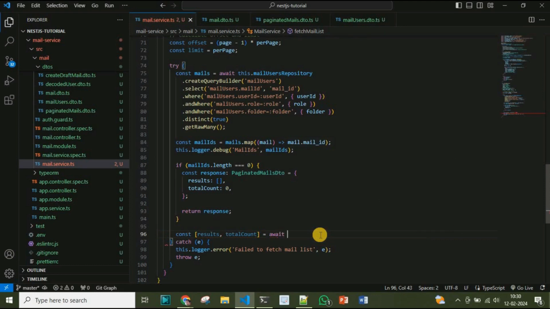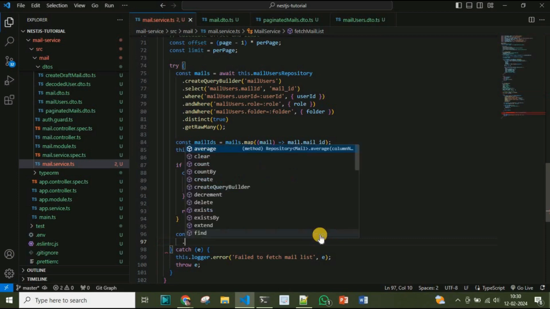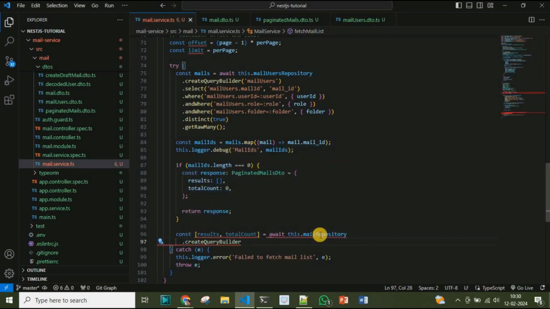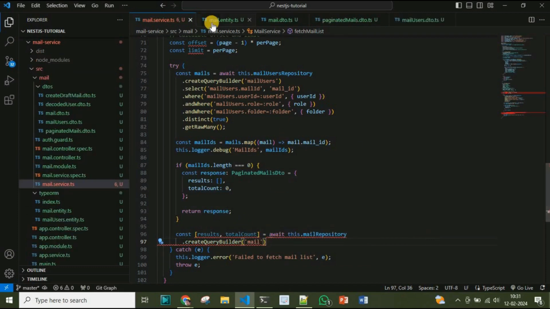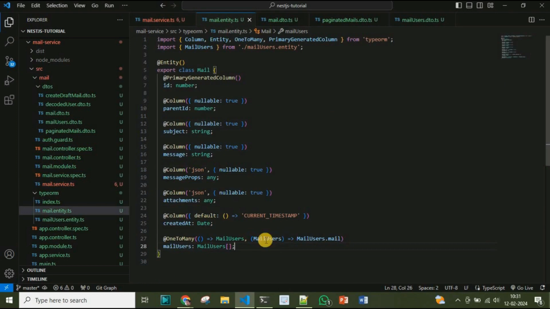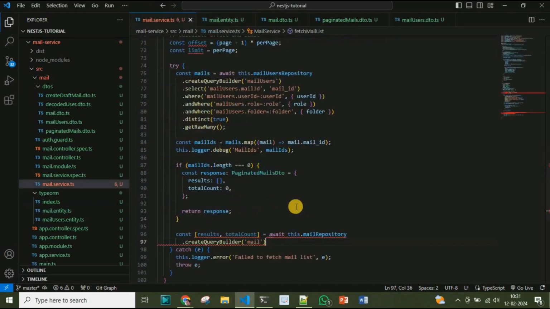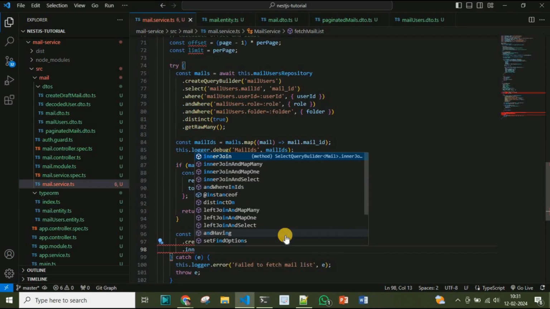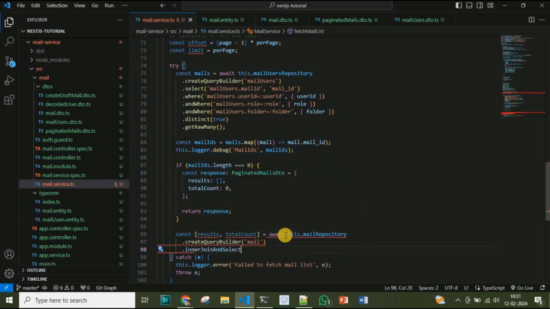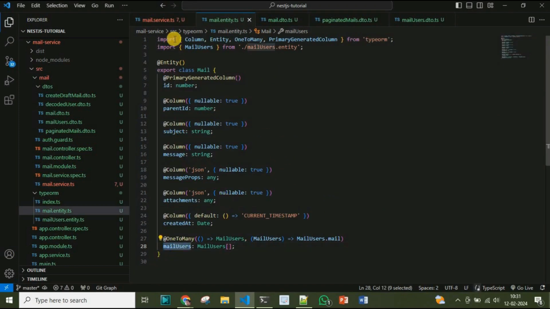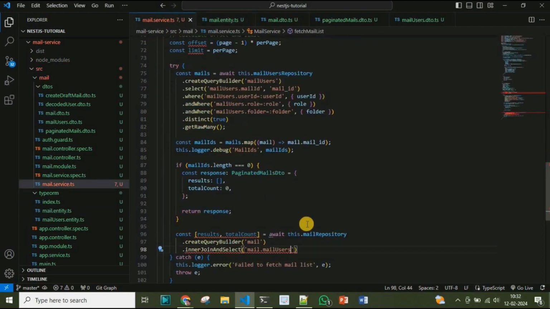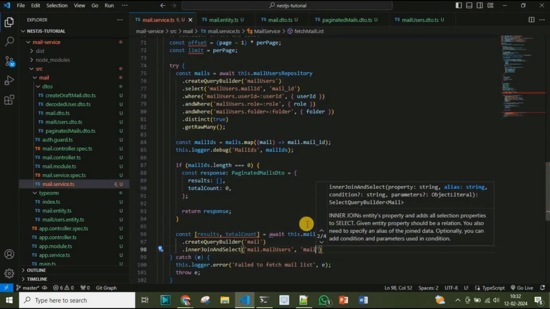With this.mailRepository.createQueryBuilder, it will take the table mails, and I will join with the mail users. If you see the mail entity, we have this one-to-many mail users relation. So here .innerJoinAndSelect. I will use this innerJoinAndSelect, and it will be mail.mailUsers, comma, the mail users table,